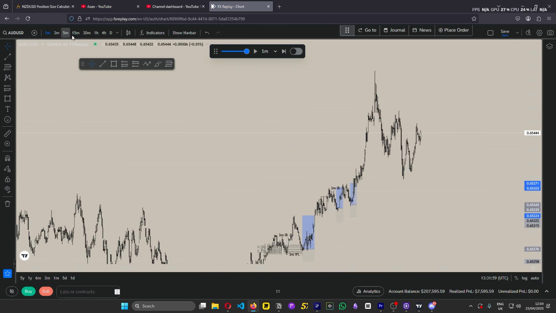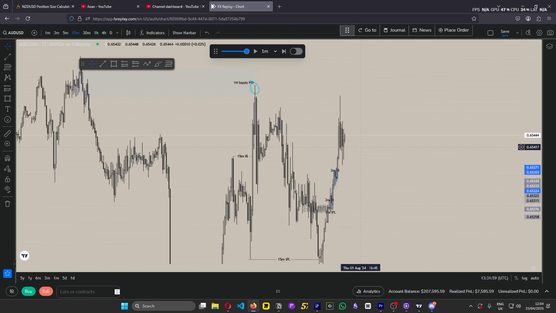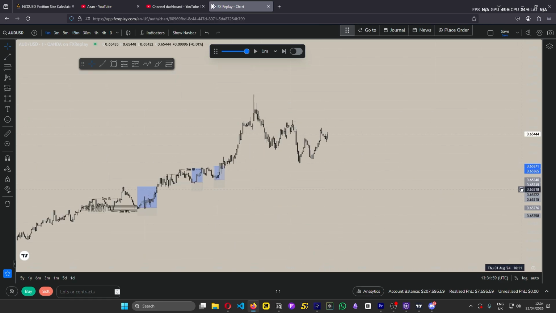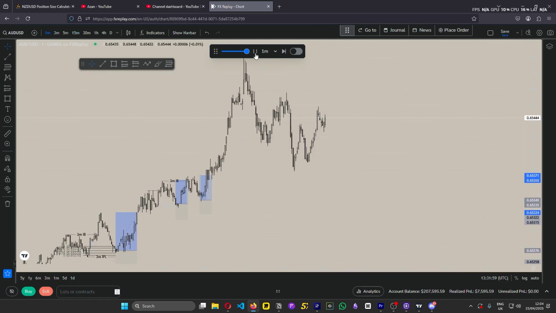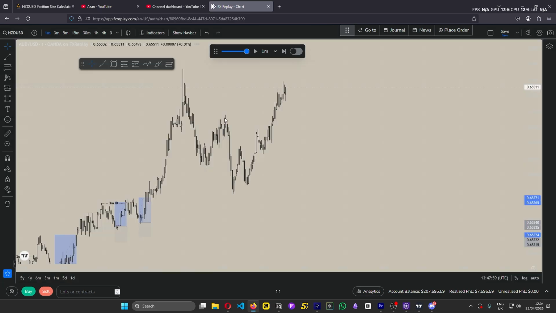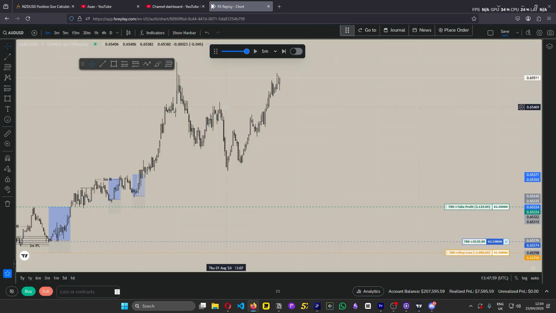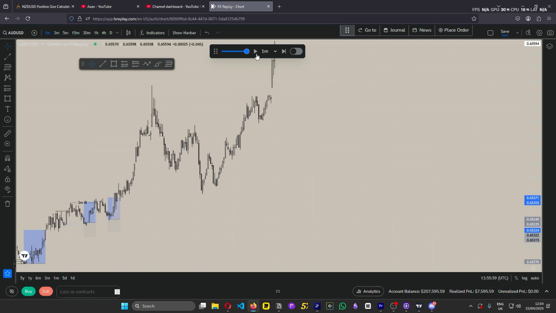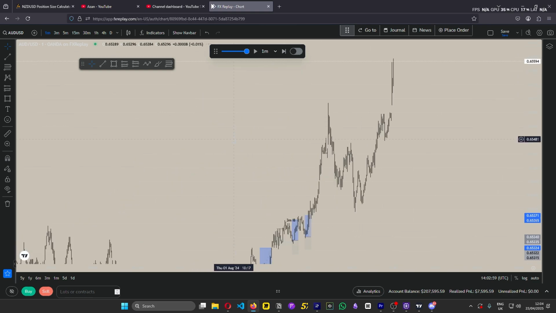EU, it just broke down. Wait, what are we doing here? Yeah, so we're still targeting the high. So what we need to do is wait for the market to shift out of a bullish again, and now we just need to look for continuations. Let me see. Alright, so